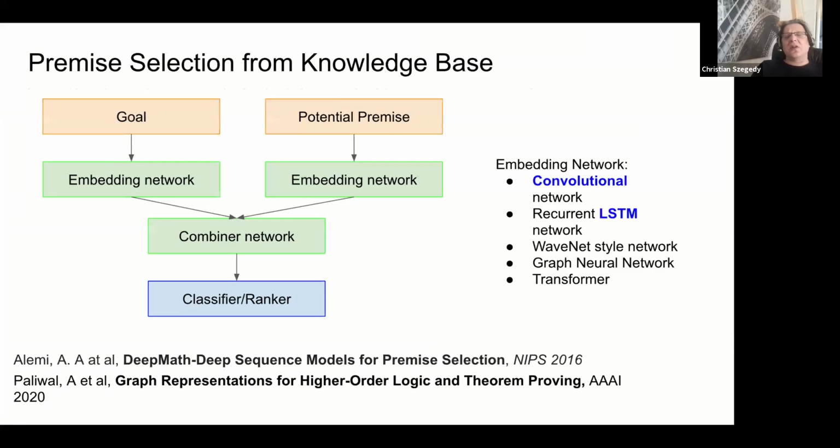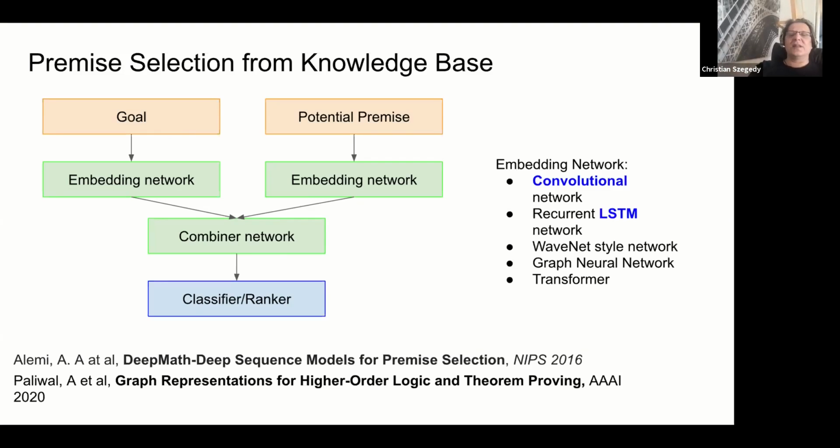So you start with a goal, and then you embed it to a vector. Then you look at all the potential premises and embed them with a vector. And then you apply a really small combiner network. You could even just use a scalar product here between the two vectors. Let's imagine that this is a scalar product, but it works much better if it's a small neural network again. But with a scalar product, it's easier to see how it can work, because the trick here is that